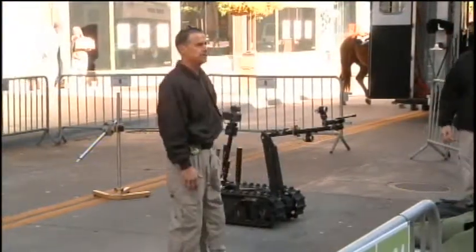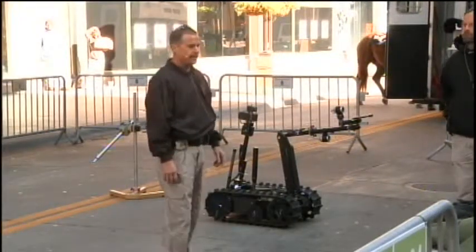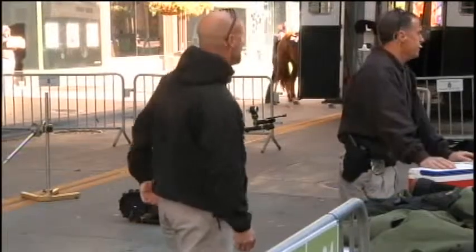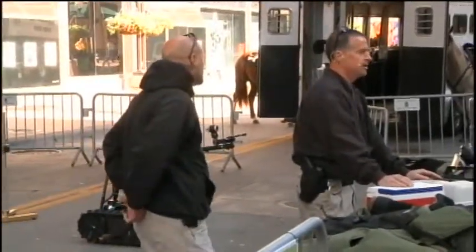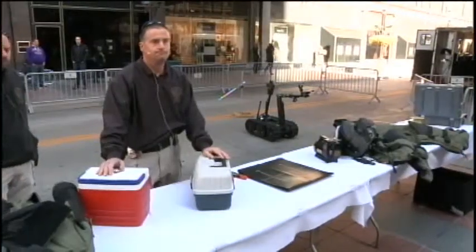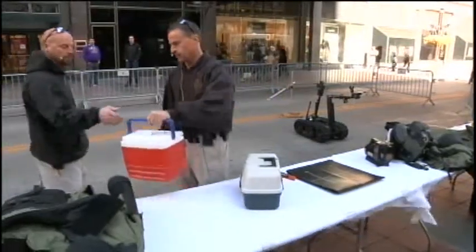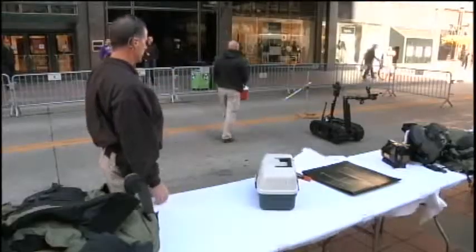The majority of calls that we respond to are for a suspicious item or package here in Minneapolis, and it's probably going to be anything you might see, like a box, a suitcase, a backpack, anything that might be left in an area that might be suspicious to somebody. It could be at a bus stop, it could be at a bank, it could be on a street corner, or it could be right here in front of the Crystal Court. And it could be something like a cooler right here. So we're going to put the cooler out there, and